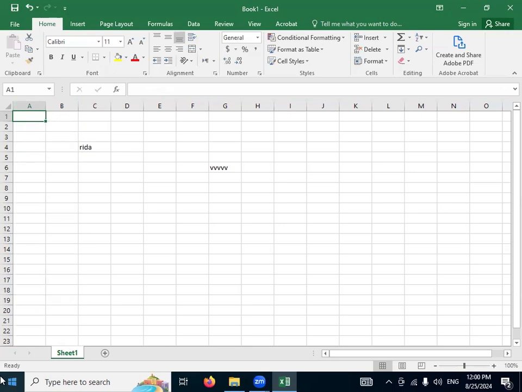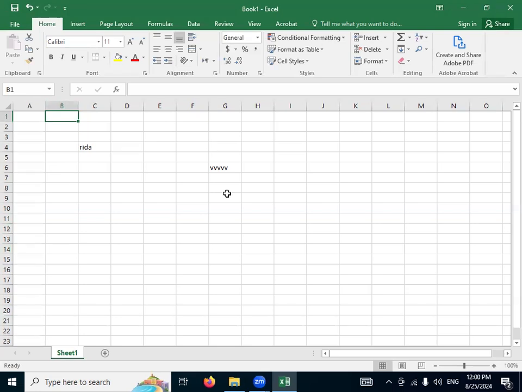So intersection of rows and columns means the area where rows and columns are crossing each other or touching each other at different corners. So this is the meaning of intersection of rows and columns: that row and column intersect each other and touch at different points. If you can see, this one cell is intersecting this B1 cell, this one cell is intersecting this one cell, so these touch each other at the corner.